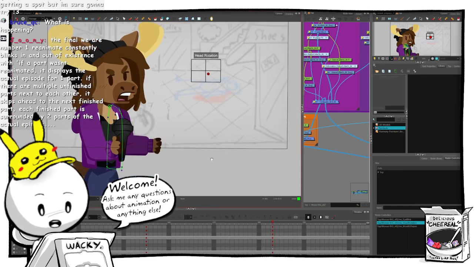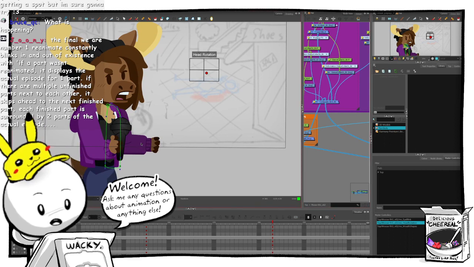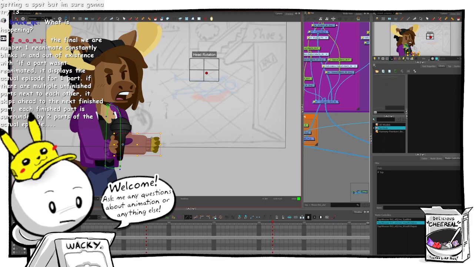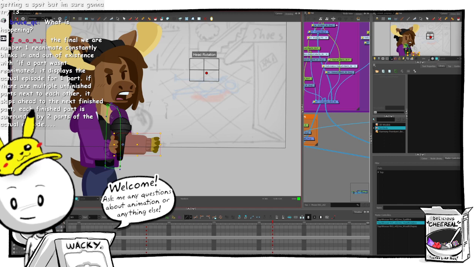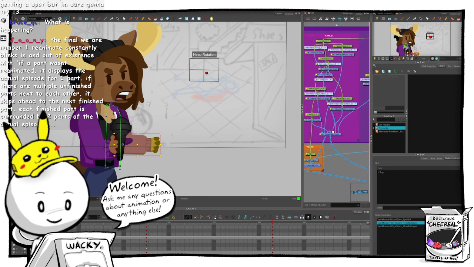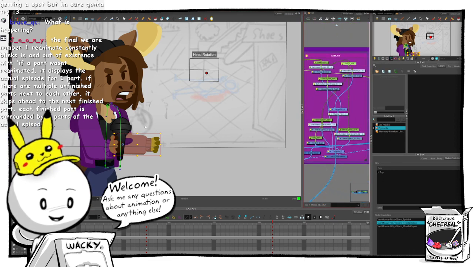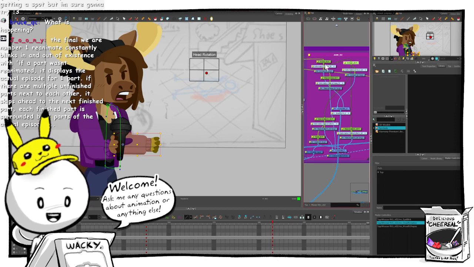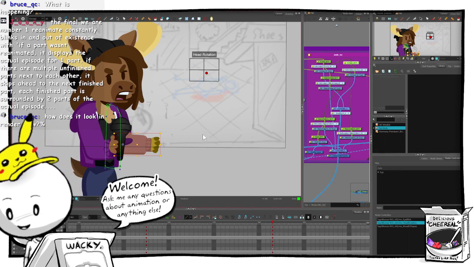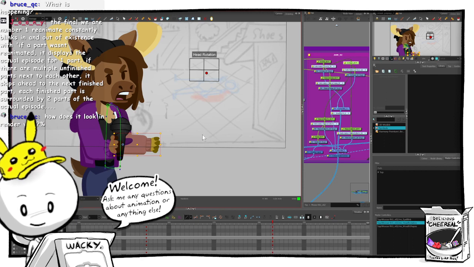I've never ran into this problem before, so I don't know how to fix it. But I just want this forearm to come forward in Z space. But when I do, the whole arm comes along with it. See how the shoulder comes through? That's supposed to stay back. I only have the upper forearm selected. Where's my hierarchy? So this is upper arm. See, it's on top of lower arm. And then lower arm has the hand and the sleeve and all that.